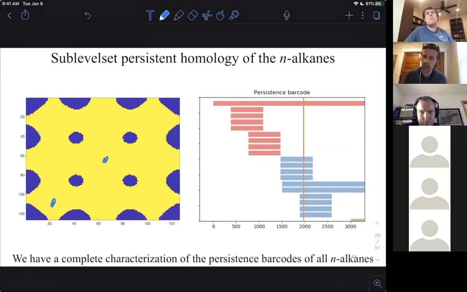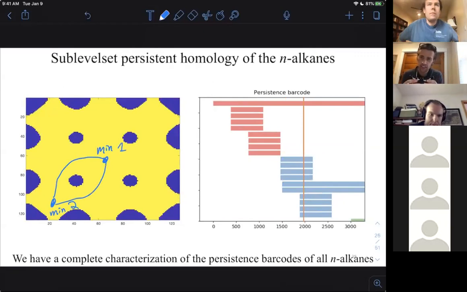Here might be a minimum of energy, minimum number 1. Here might be another minimum of energy. That hole is sort of saying that we have 2 minimal energy paths from one configuration to another. So you shouldn't expect to be able to write down a single way that this molecule evolves from the one minimum to another. Many such paths are equally good. That's one piece of information carried by the one-dimensional holes.